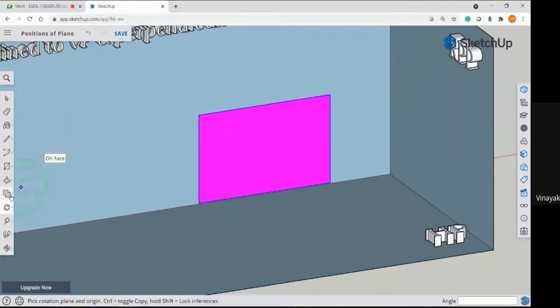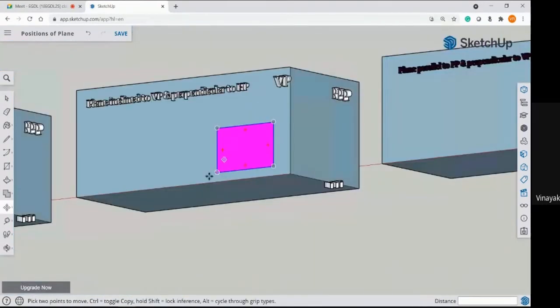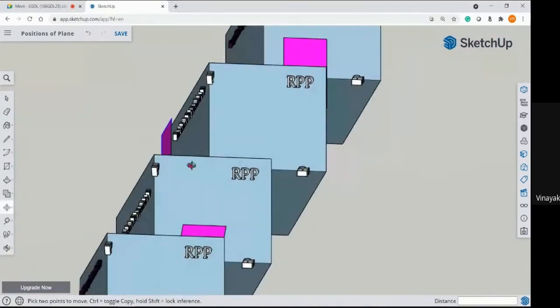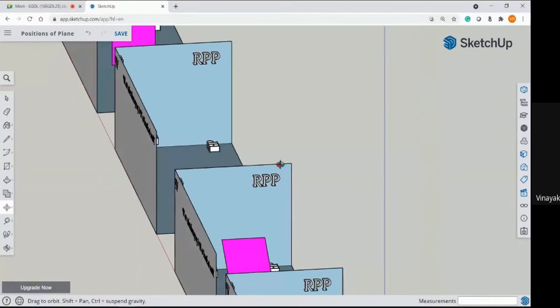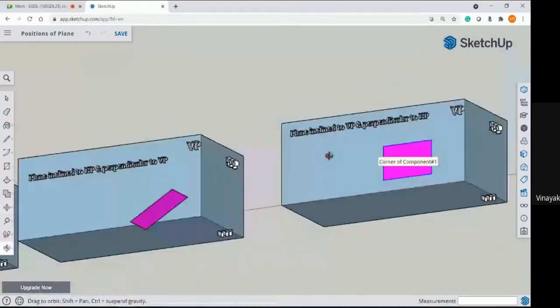Let me again move this and place it on the vertical plane. Where is it? It went behind. Yeah, perfect.